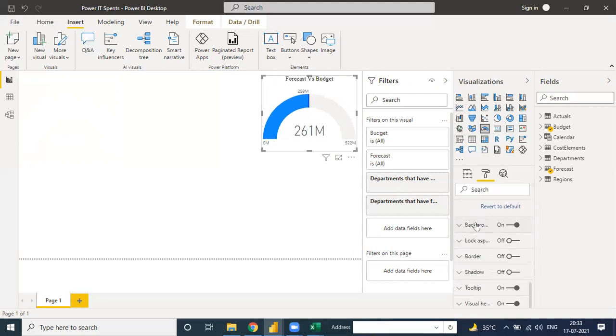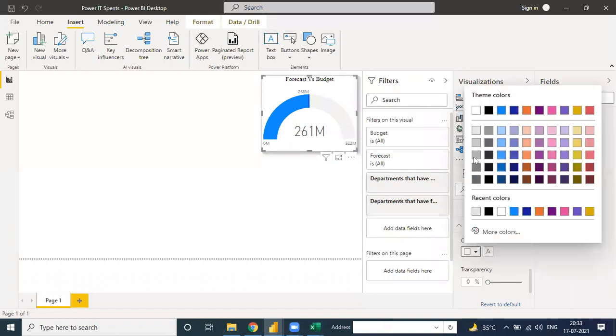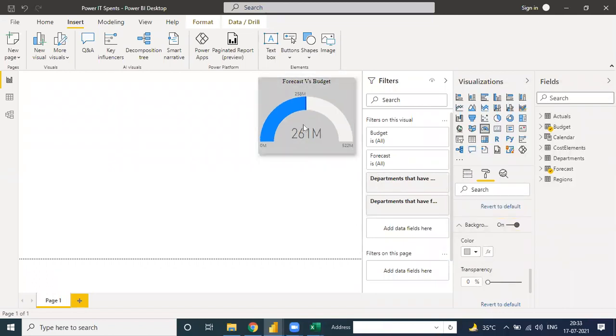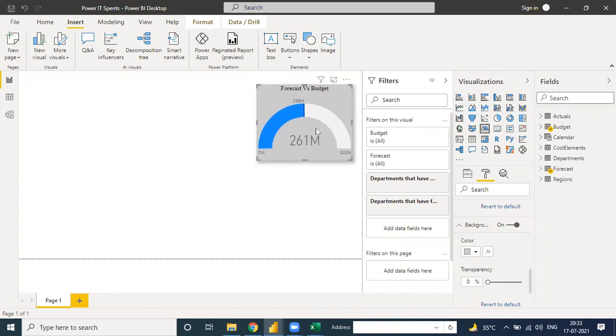Then background, border, shadow, as well as some background and colors. See, there is a very clean chart.